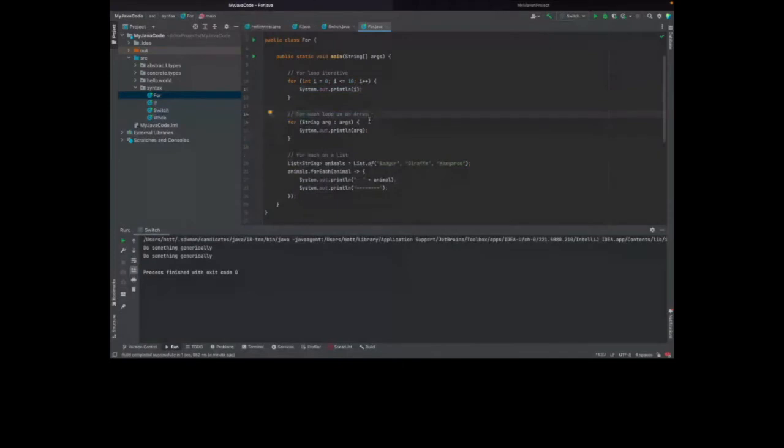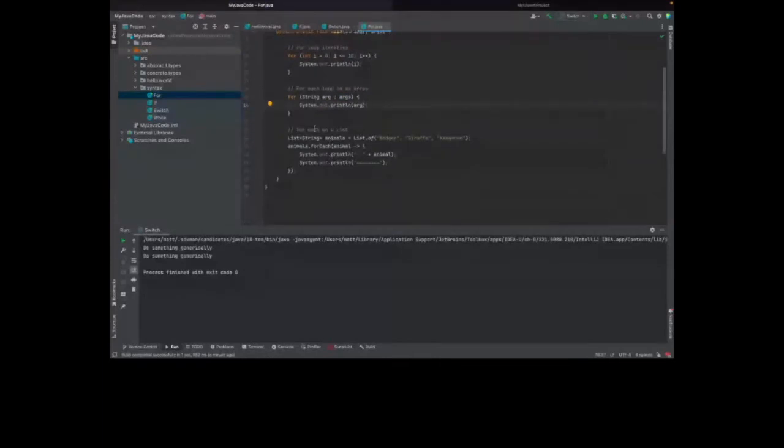We also have for each loops on arrays. So this args string thing is an array, that's what these square brackets mean. We are going to iterate through each argument, and that's what args stands for, and then print out the argument. Then we'll also get a little bit more onto types of things like lists.